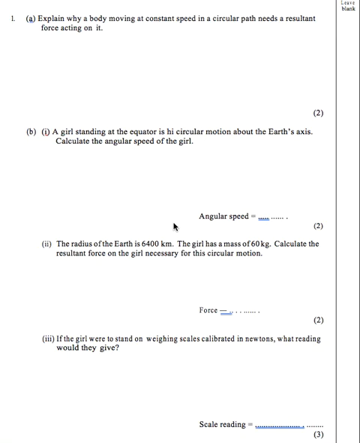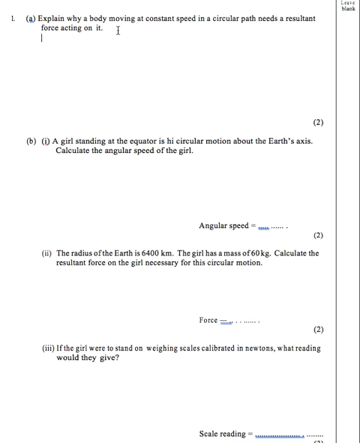So here is the solution to the circular motion girl on the scales question. And the question begins, explain why a body moving at constant speed in a circular path needs a resultant force acting on it for 2 marks. Well, the velocity is changing